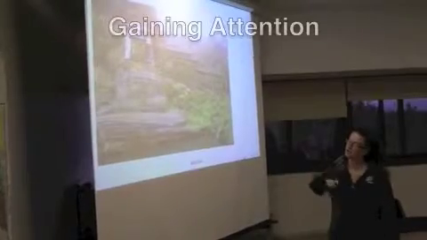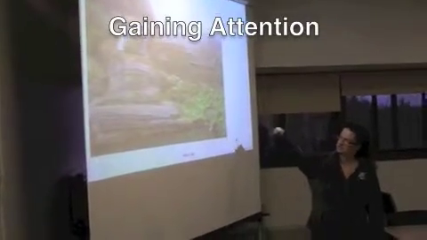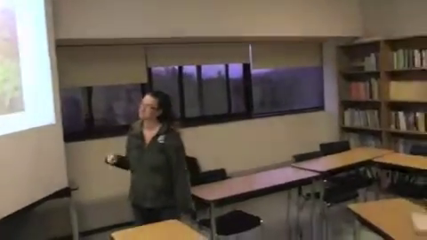In the following example, a teacher is going to use Gagne's 9 events of instruction to show a student how to write a haiku poem. First, the teacher will gain the student's attention by showing them photos of Japan and discussing the history of Japanese poetry.